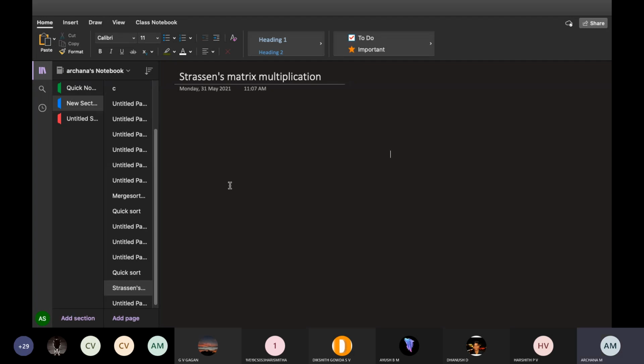Okay. So you already know what matrix multiplication is. Can anyone tell me how matrix multiplication takes place and what is the main important thing when we consider matrix multiplication? What are the main important rules according to maths that we need to follow when we are multiplying two matrices? Anyone?